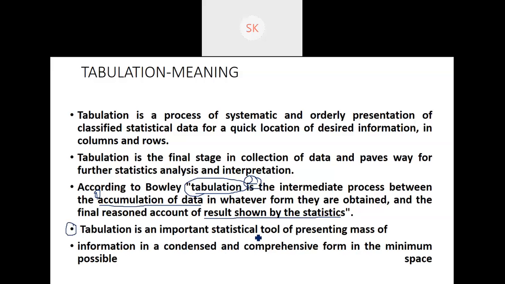So let's take for example your notes. Now the whole of the notes, whatever you have, if you mark the important points in that, you will be able to study only the important points rather than studying the whole textbook or the whole notes, right? So that is called tabulation, which will reduce the space, and also reduce the time that you will be utilizing for it. So that is tabulation. Hope everybody understood tabulation also.